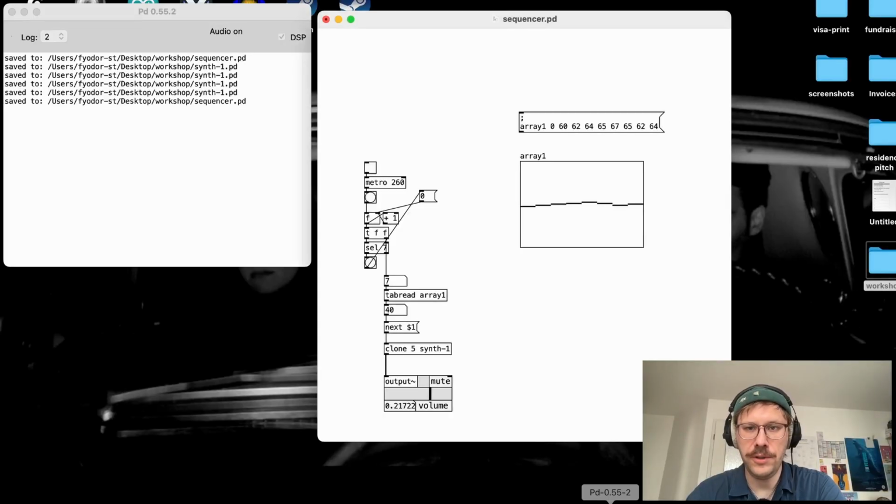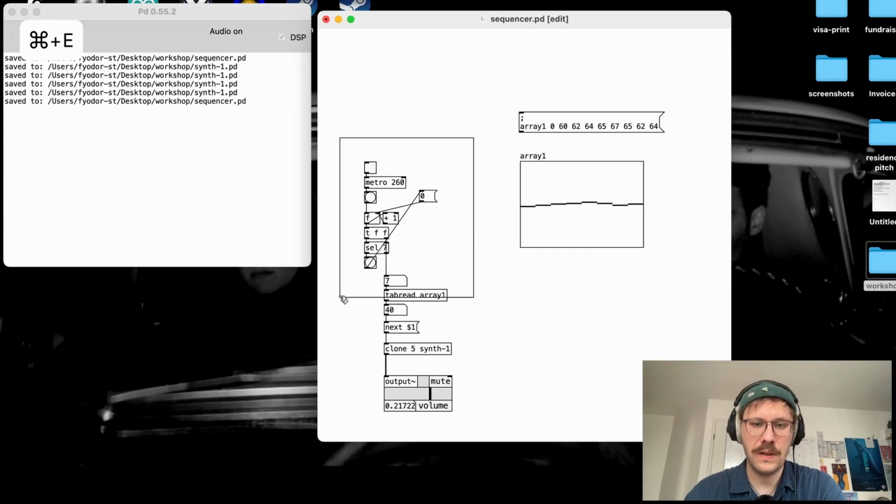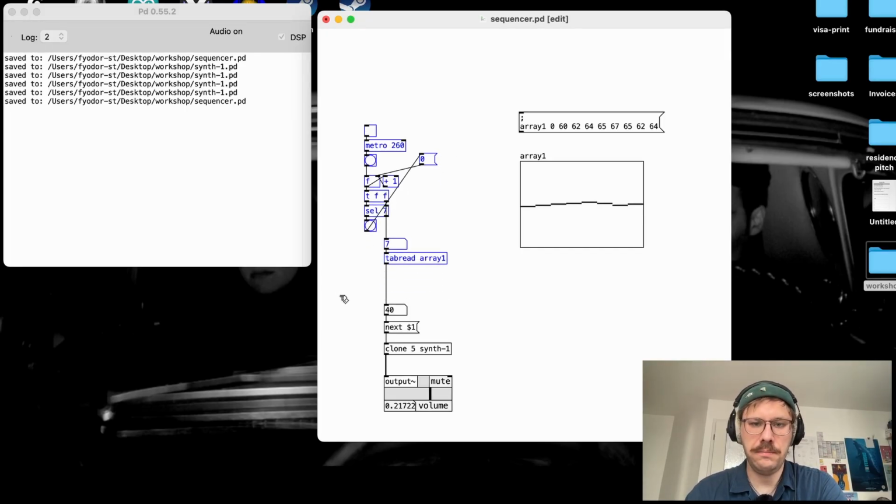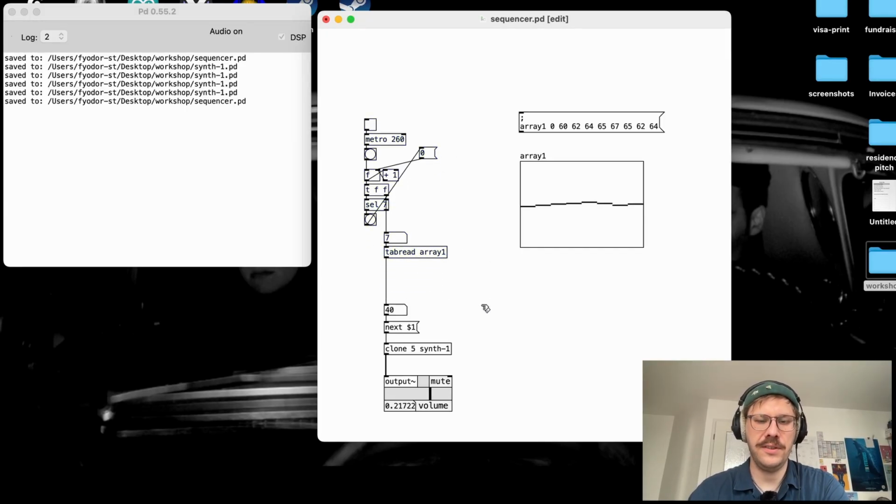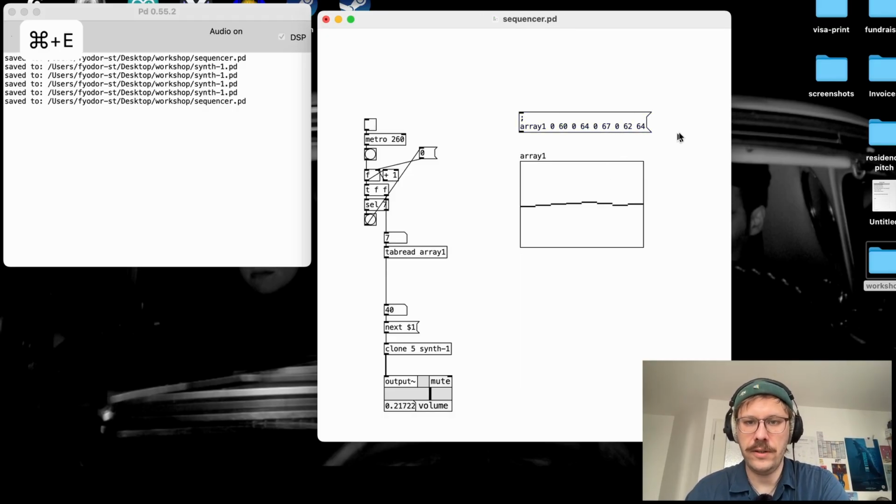Okay, a few more things here. We can actually already create some rhythms here. It doesn't have to be just melody. That's how I would do it. I would change some of the elements in our array to zeros, and then I'm going to route the output of our tabwrite